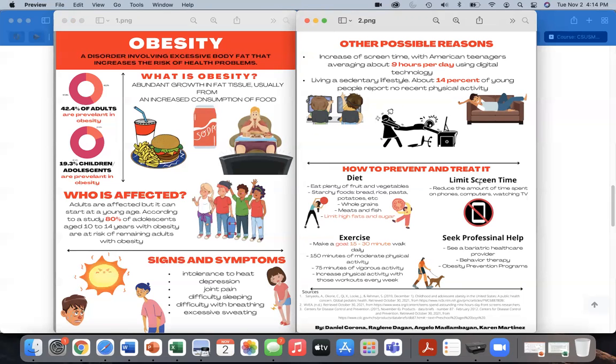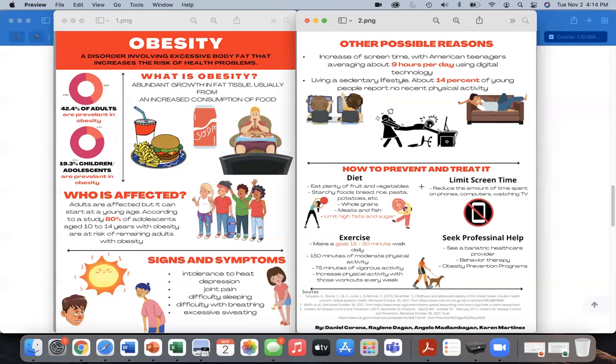It again seems like you are diagnosing somebody with something that's not necessarily the greatest thing to be experiencing. But how to prevent overweight or obesity, I think is totally fine. I like your recommendations here with diet, limit screen time, exercise. But from a technical standpoint, your content in this section is very good, but try not to have one word on a separate line. It just doesn't catch the eye and it almost looks a little messy. So if you can fix that, this section looks really good.